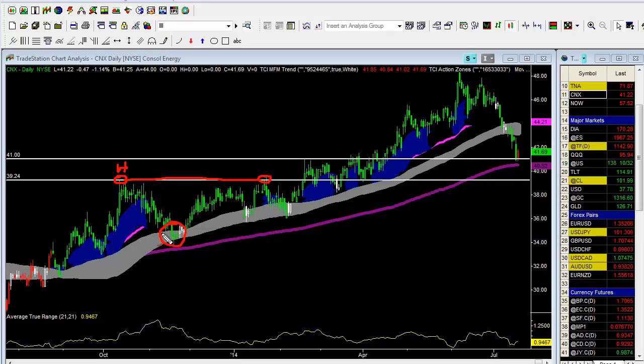Market supported beautifully here at the gray action zone 200, bounced up again, retesting this original high, failing at that level, coming down again before finally bouncing up. So I believe this is a significant level. The lower white horizontal line is the bottom end of my support. Now the upper end of my support would be,